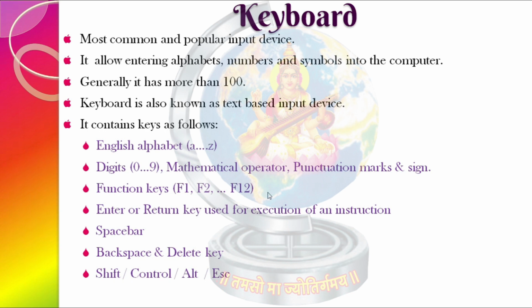What is the main purpose of the alt key? To close your file. If you use the alt key with a function key, you can close your file very easily with the shortcut key Alt plus F4. Like that, there are many others, such as Control, Alt and Delete. If you press this combination of keys, then you can even shut down your computer.